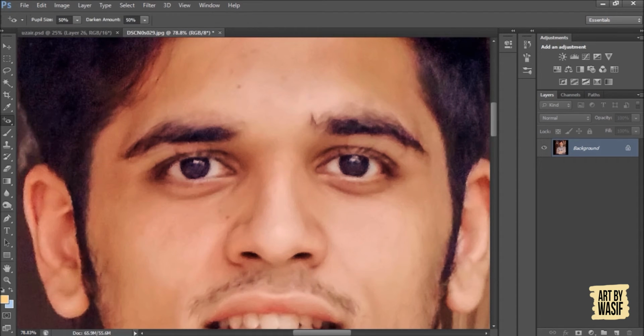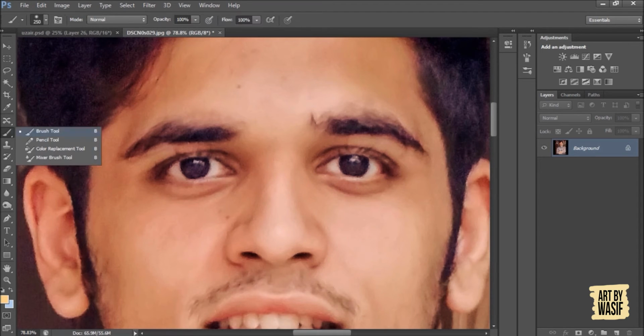Red eye tool. Red eye tool is used when you capture photos and some unwanted flash hits your eyes, then you just have to click on this part and it will remove red eye. Actually there is no red eye in this photo, but for a photo which contains red eye, open it in Photoshop, click on red eye tool and then click on your eyes. It will remove red eye from your eyes.